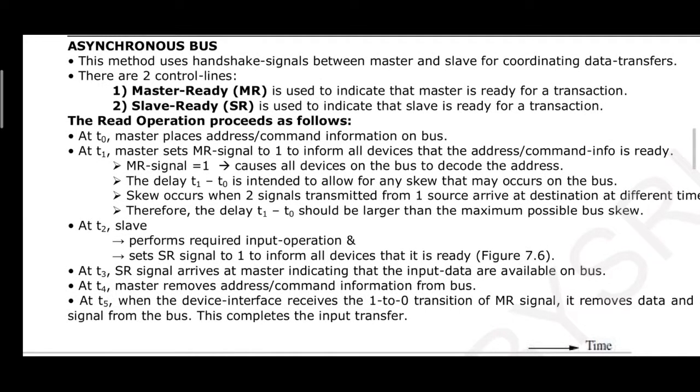Next we have asynchronous bus. So here in asynchronous bus, please remember there is no clock signal. Only two signals act as control signals. One is master ready signal, the other one is slave ready. Master ready is used to indicate that master is ready for transaction or data session, and slave ready indicates the slave is ready for a data session or transaction,